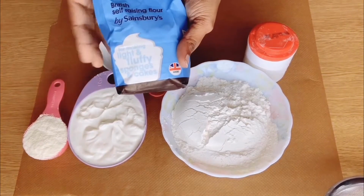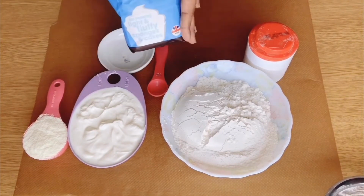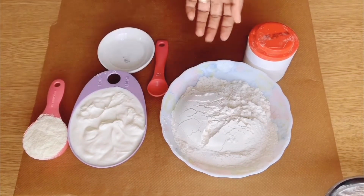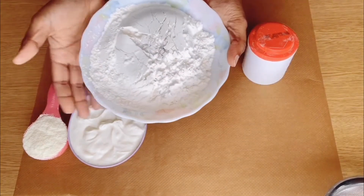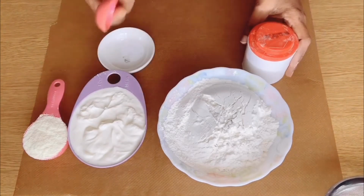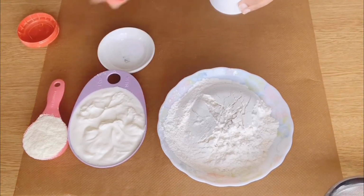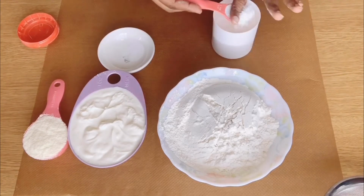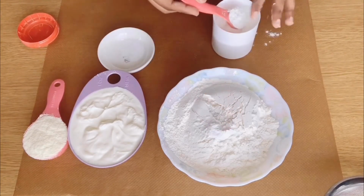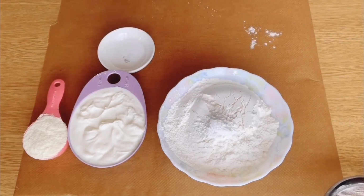To this we can add self-raising flour, but if you don't have self-raising flour, I'm going to turn this plain flour into self-raising flour by adding some baking powder to it. So for 1 cup of plain flour, I'll be adding 1 teaspoon of baking powder. So here I've taken 2 cups of flour. To that I'm going to add 2 teaspoons of baking powder